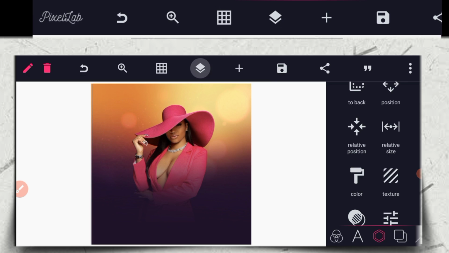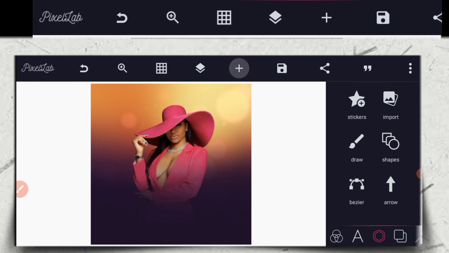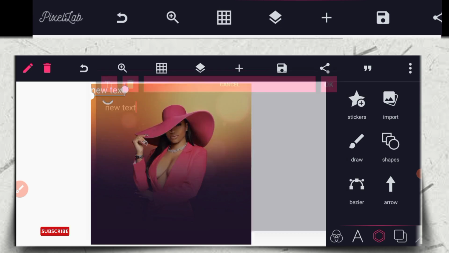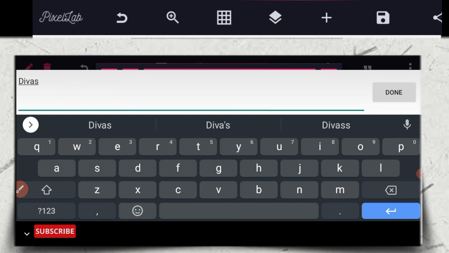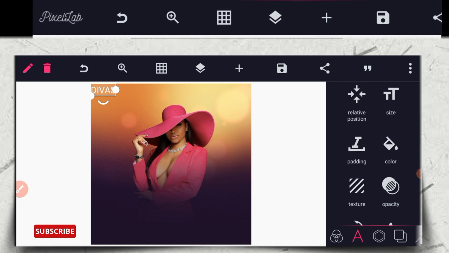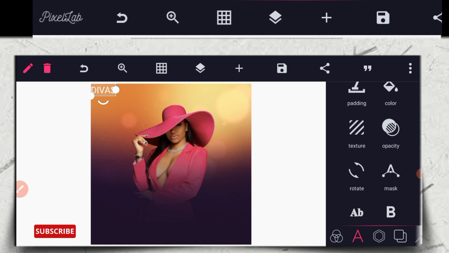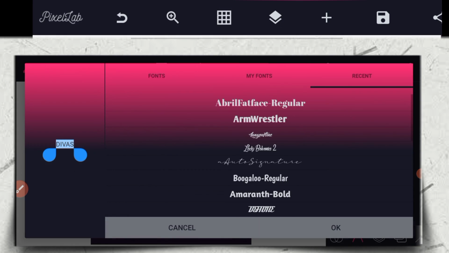After that, the next thing I'm going to be doing is to lock both of them, lock it. After you have locked it, the next thing I'm going to do is to click on my text. Then I'm going to write diverse. Diverse. So actually this is a change to capital letter. After you change to capital letter, the next thing I'm going to be doing is to go to your font. Then I'm going to be choosing this font,